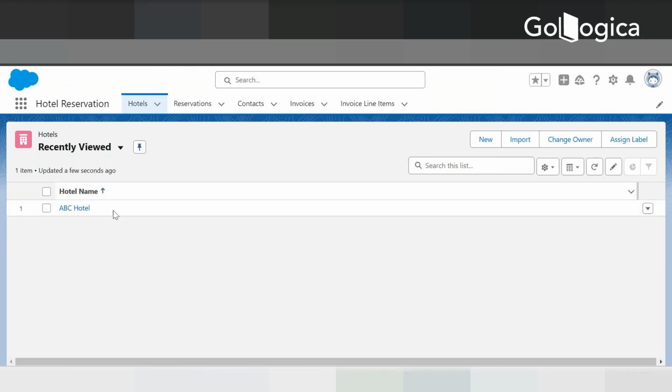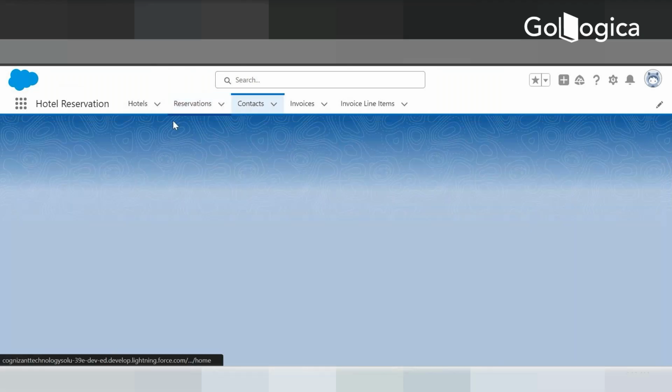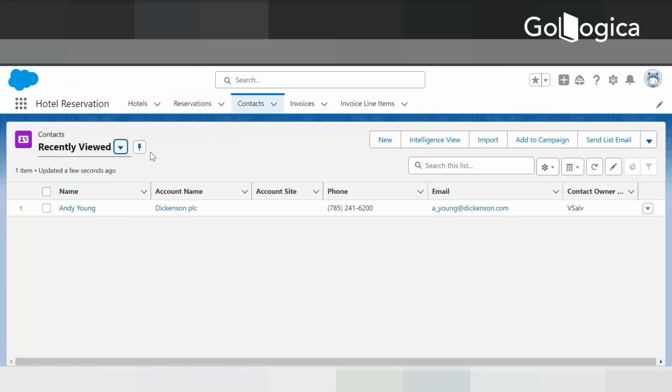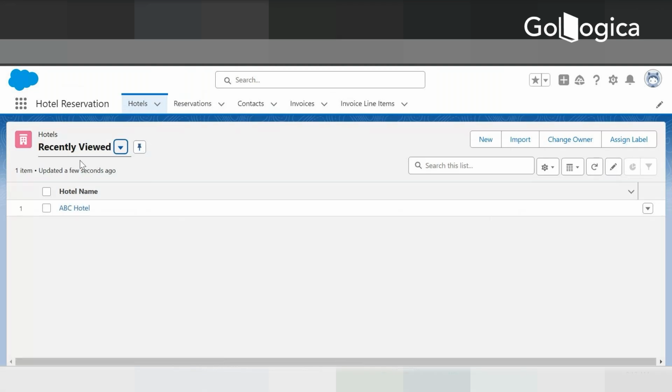Okay. So wherever you log in for the first time, you will see that on all the tabs it will always show recently viewed for the very first time. So if you want to create your own set of views,